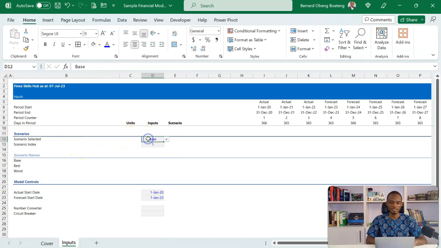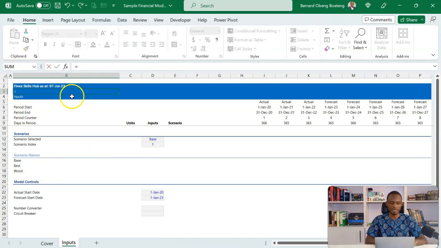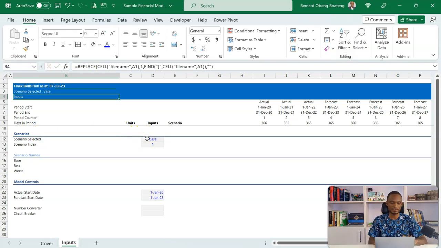Now the reason I created this is to help us create a dynamic label. So here I can join this label scenario selected. Okay, look in the formula bar, you see that I've joined this with a colon, close the quotation mark, and then join this with the scenario that I have selected. Right, now if I press enter, anytime I select a particular scenario, this updates, right? So technically, I now have my full